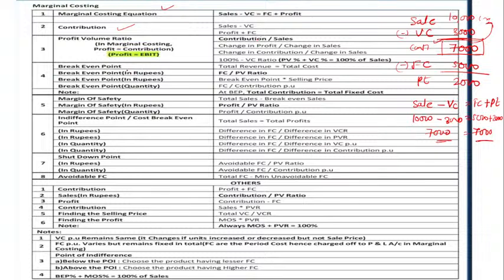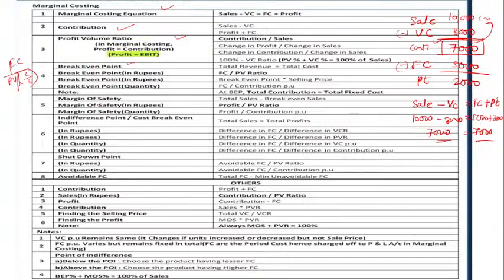Okay, there is a break-even point formula, that is fixed cost divided by PV ratio. The PV ratio we have already calculated, that is contribution divided by sale. So the fixed cost is divided by the PV ratio. And what is PV ratio? PV ratio is nothing but your contribution divided by sale. Okay,